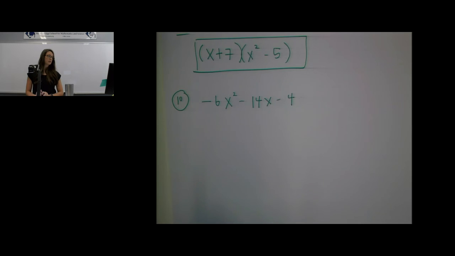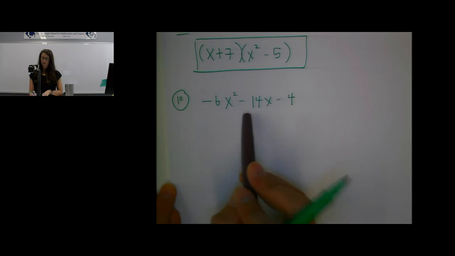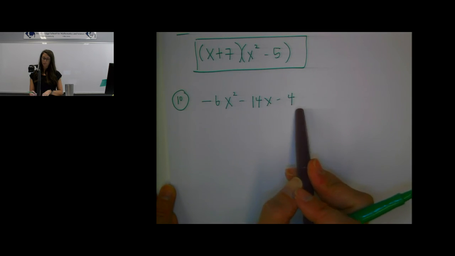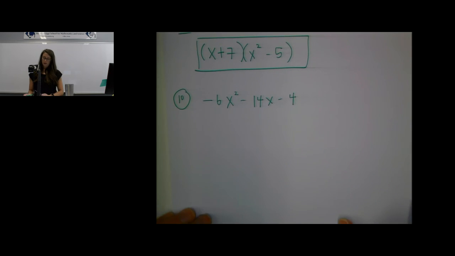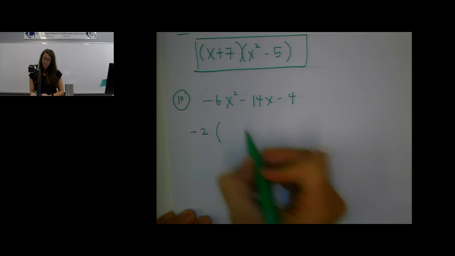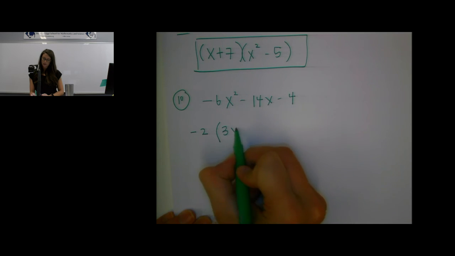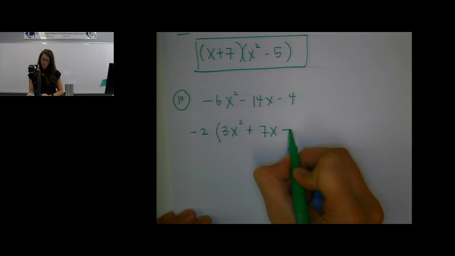Okay, so let's do one more, and then I'm going to let you go ahead and work on your homework. So negative 6x squared minus 14x minus 4. So is there a greatest common factor? There is a greatest common factor of negative 2. So when I factor out a negative 2, I will be left with 3x squared plus 7x plus